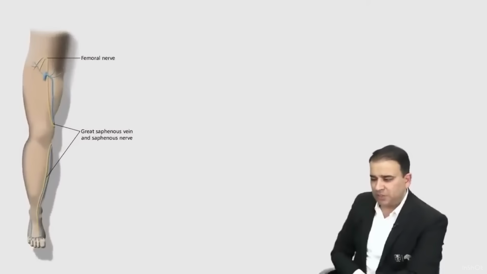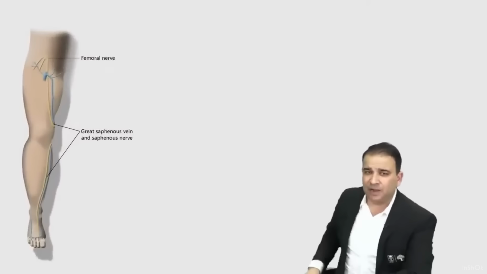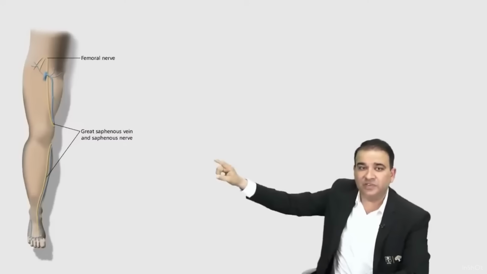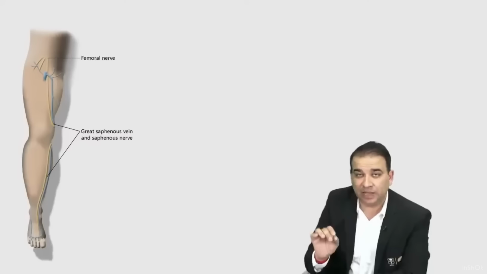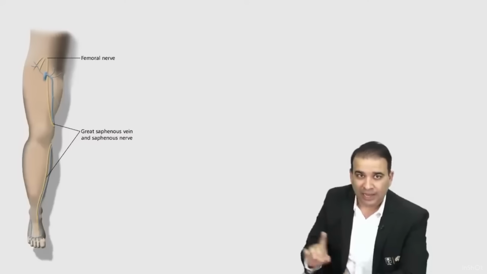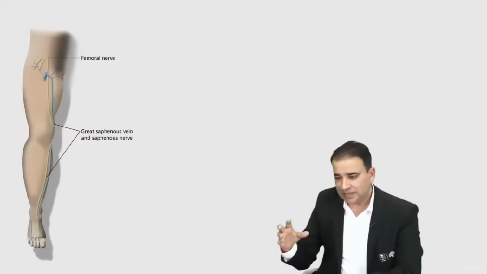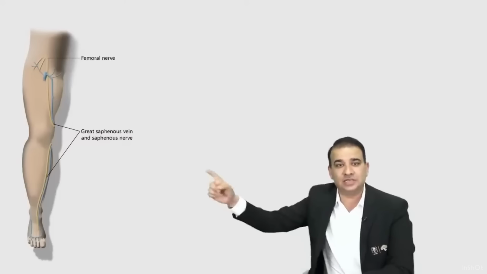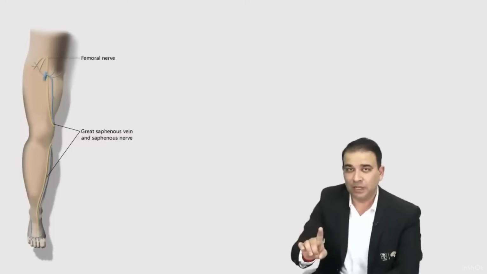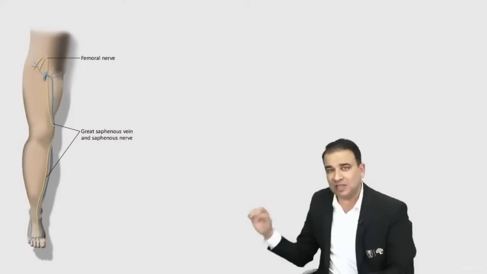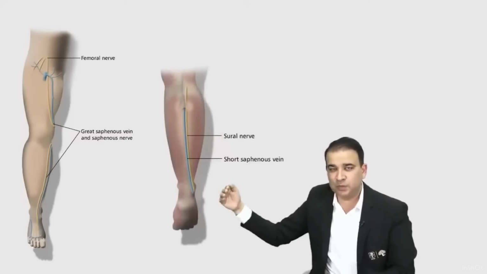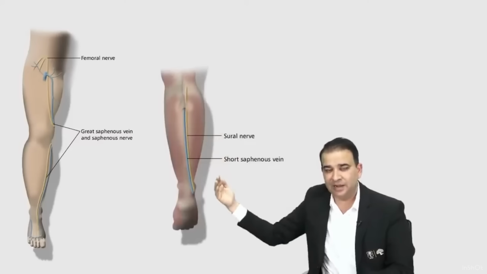Now, guys, just one thing, I want to show you these two pictures here, because at times I've seen people get it wrong here. Great saphenous vein, which we talked about, the nerve running with the great saphenous vein is the saphenous nerve, and saphenous nerve is a branch of femoral nerve, and that is running on the medial side. So let's say in CABG, when you're taking the graft from the great saphenous vein, the nerve which is likely to get injured is the saphenous nerve, which is a branch of femoral nerve. But let's say if you take a graft from the small saphenous vein, which is the one draining into the popliteal vein, it is present toward the posterior lateral side here, and that is running with the